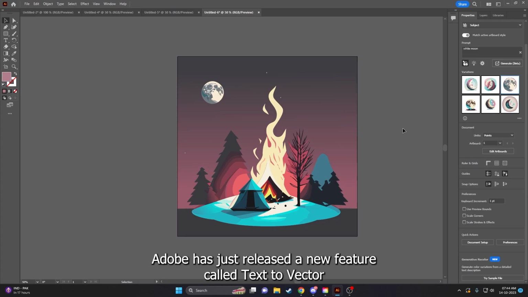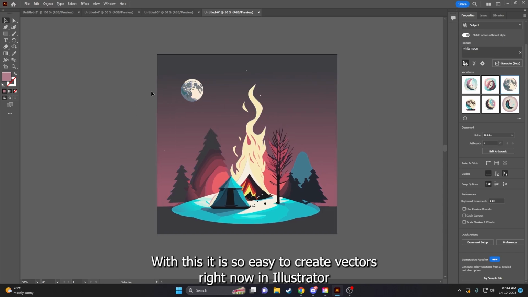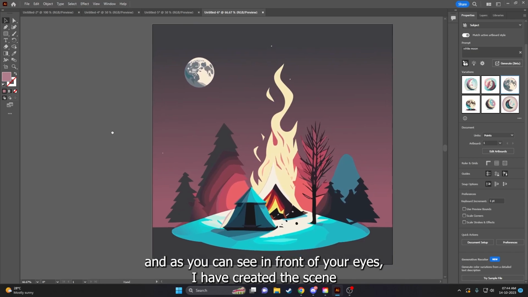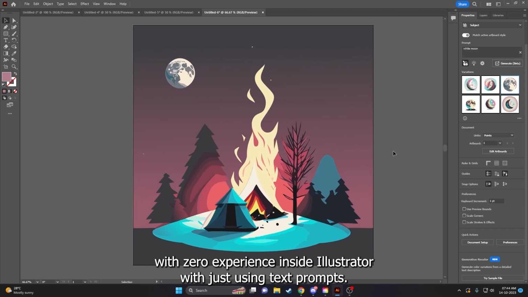Adobe has just released a new feature called text to vectors. With this, it is so easy to create vectors right now in Illustrator, and as you can see in front of your eyes, I've created the scene with zero experience inside Illustrator with just using text prompts and a little